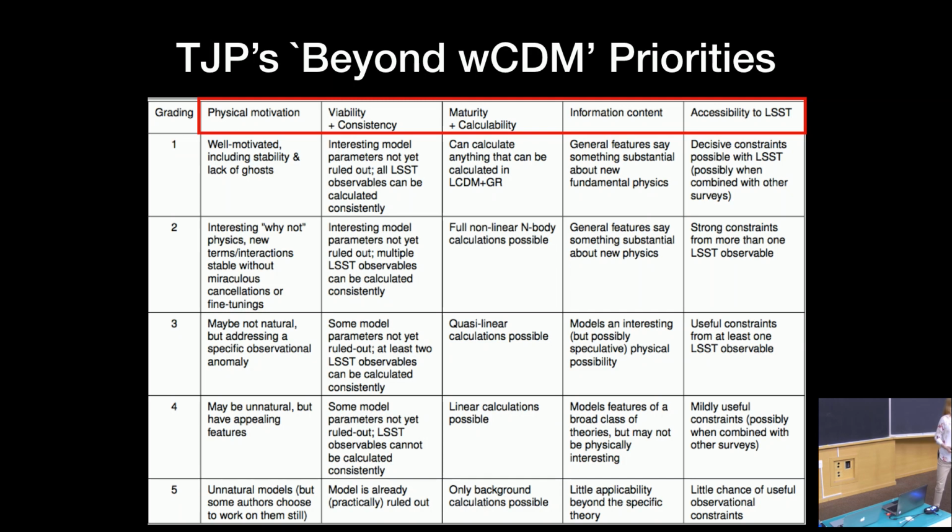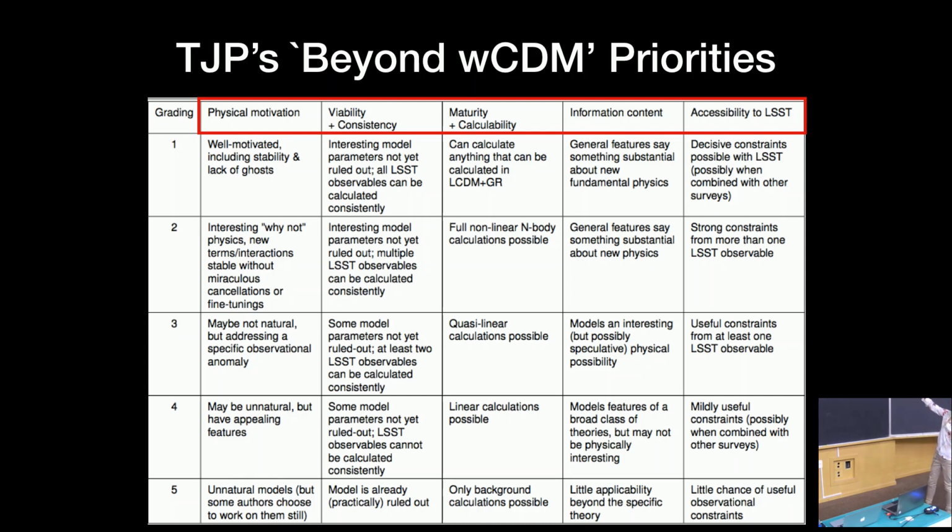Viability and consistency. A lot of these extended gravity theories have a property that if you push them into a certain regime of their parameter space, or you push them into a very extreme regime in the setting you consider them, they have pathologies. So they have things that blow up to infinity or other nasty properties. So we favor models that don't have that kind of behavior. Obviously, that kind of behavior is assumed to be a weakness of our understanding that would be rectified in some better developed version of the theory.